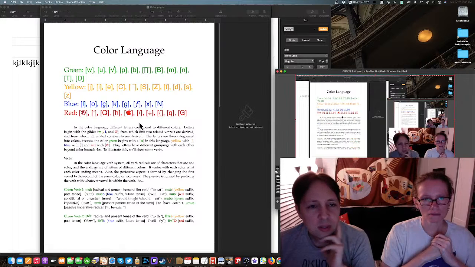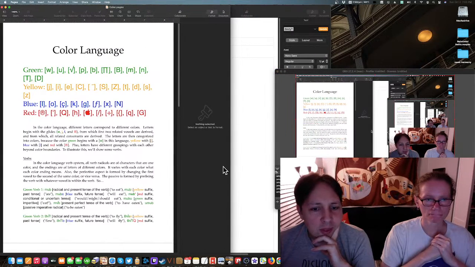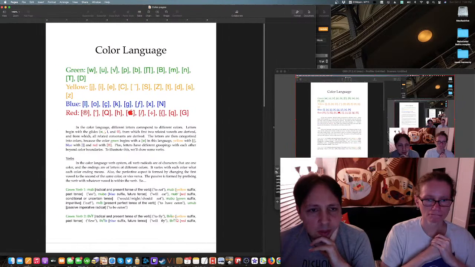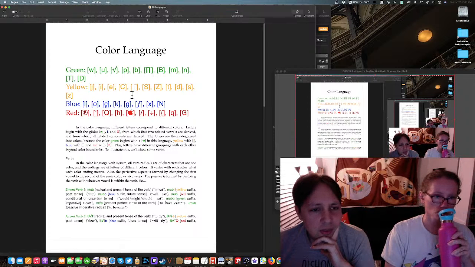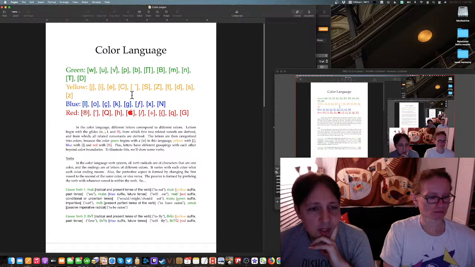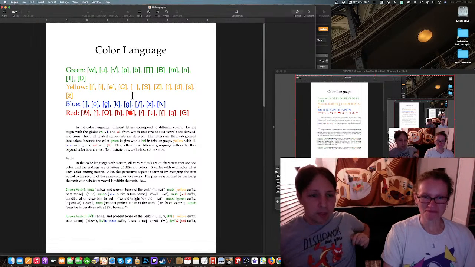So let's start with what a color language is not or should not be. This is what I did in, I don't know, 2000 or 2001, because I thought I was being clever. This is, by the way, using a font called the Kansas University Linguistics Department IPA font, or Cooldepa, as it used to be known.